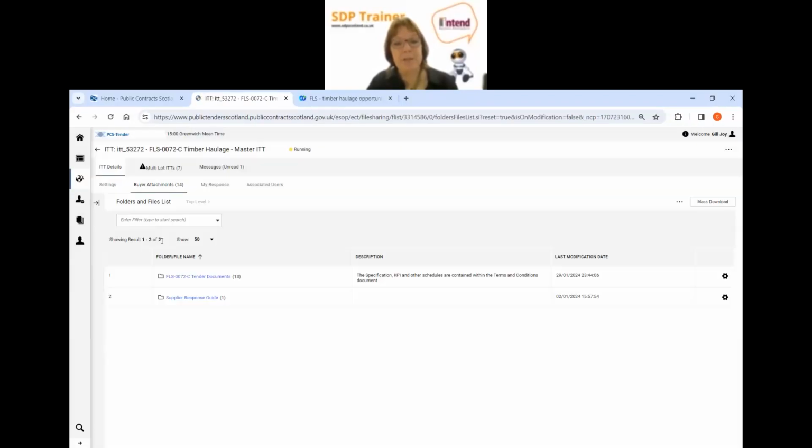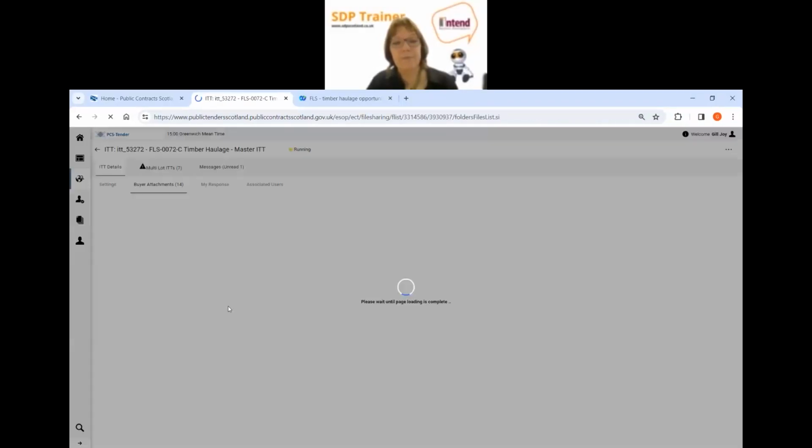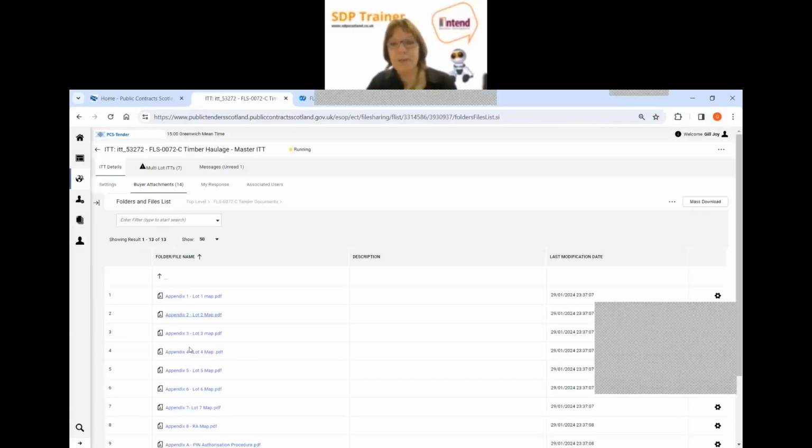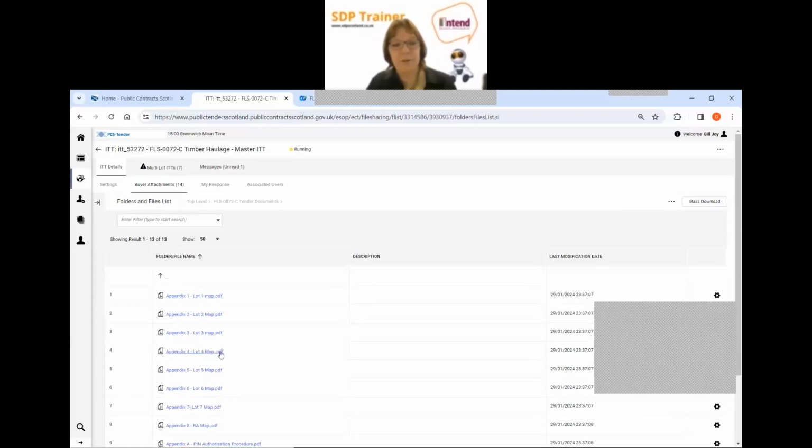That's the buyer attachments there. And it's got the 13 different files, and it's got the mass download button here. So I won't go into these particularly, but it looks like lots of maps, and as you scroll down, all the different